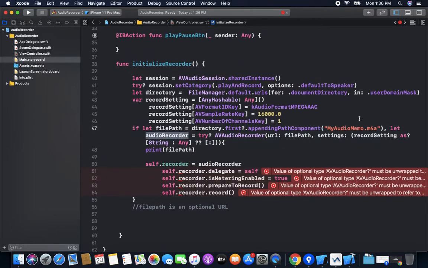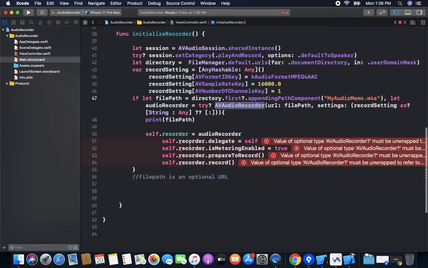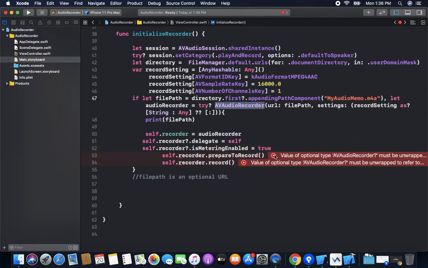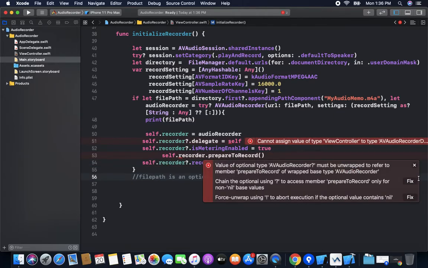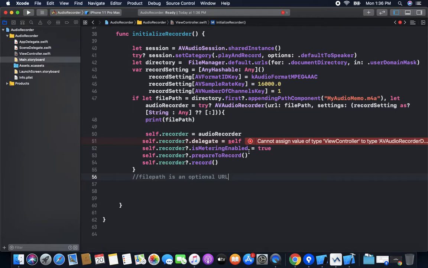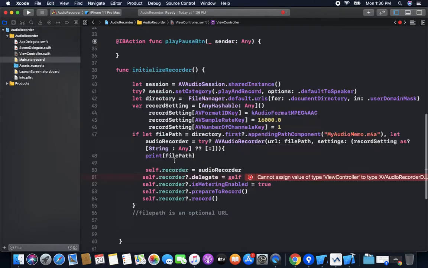To this recorder we assign our recorder. Now we need to set the recorder delegate to set the delegate functions. We extend the view controller.